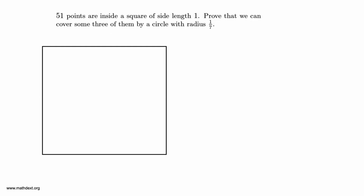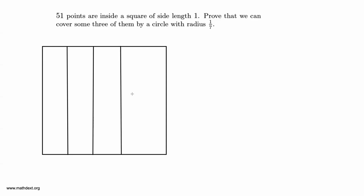Okay, so it might not be immediately obvious how we approach this problem because we've got a square, but how do we relate that to circles? And so what I'm going to do is start by looking at things inside the square that are easier to work with. Namely, I'm going to make smaller squares instead of smaller circles. So I'm going to actually divide this into